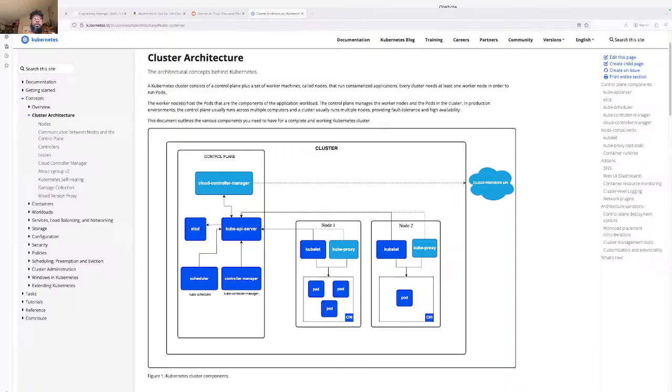Let's see what we got here. The API server exposes the Kubernetes API, right?